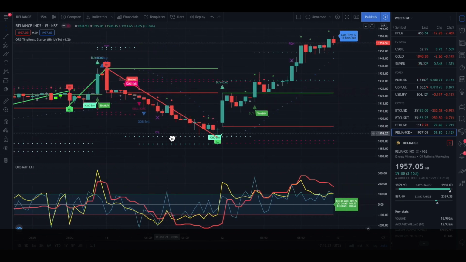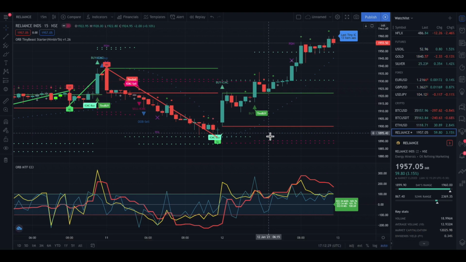So PDH and PDL become very important in Nimbler TA because this acts as a confirmation when we take trades, and as Nimbler says, trades often succeed when you've got a PDH or a PDL in the trade. So I introduced this in the TradingView indicator, so it becomes easy for you to identify trades which are actually breaking out from the previous day range.